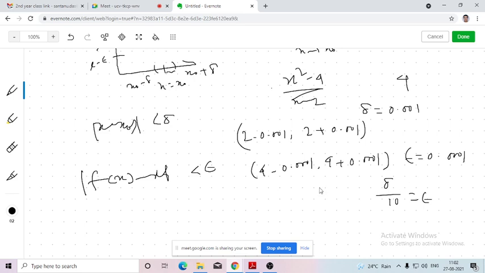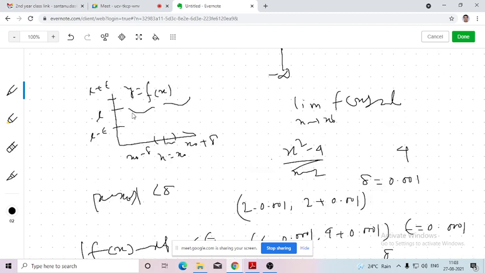Okay. Is that clear or not? Yes, sir. So that means x minus x0, x0 is the value where we need to find the limit. X minus x0, the difference, is less than delta. For that, the functional value minus the limiting value, this difference is also less than epsilon. That means this is small, and they are comparable.